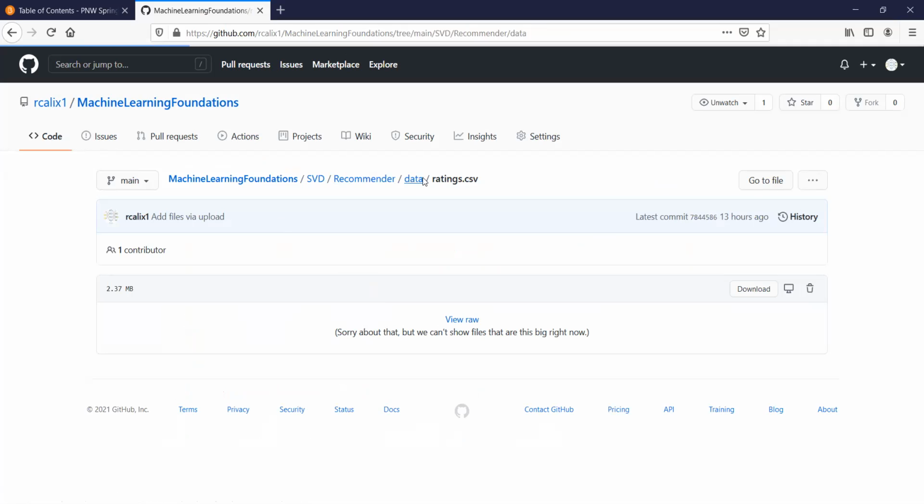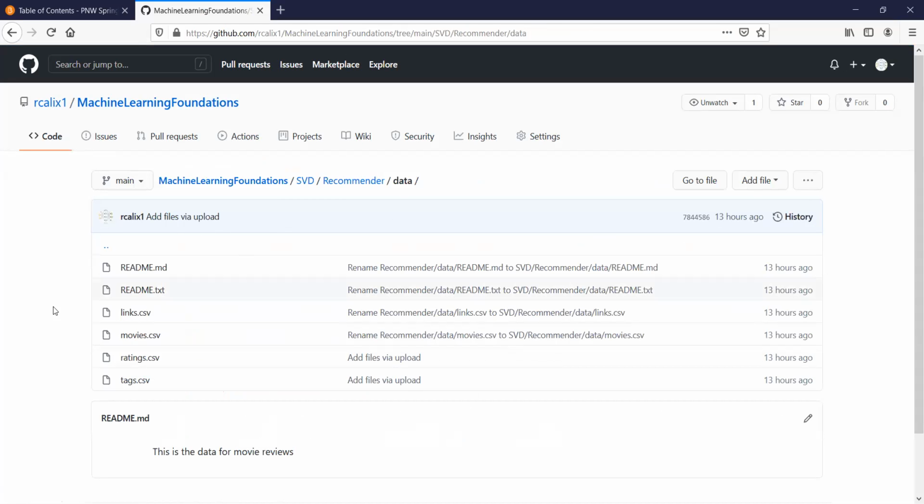So you will need to go into this SVD recommender data, right? And you will need to download really movies.csv and ratings.csv. Those are the only two files that you will need. Put them in the folder where you have your Jupyter Notebooks, and then that way you will be able to